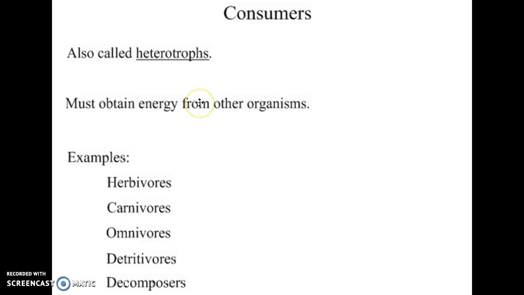So we must obtain our energy from other organisms. And there's a variety of classifications of heterotrophs. There's herbivores, which are organisms that eat plants, carnivores, which eat other animals, omnivores, which would be us. We eat other animals, but we also eat plants. There's detritivores, who feed on dead organic material, like those worms that crawl through people's bodies after they're buried underground after they die. And then there's decomposers, who feed on decomposing material also in the soil. So these two occur in the soil.